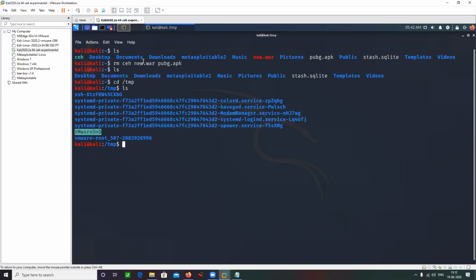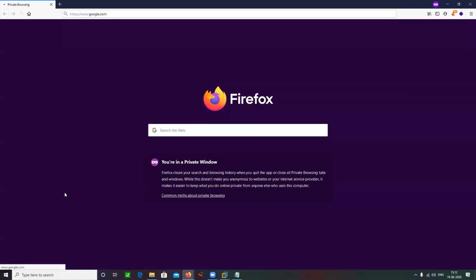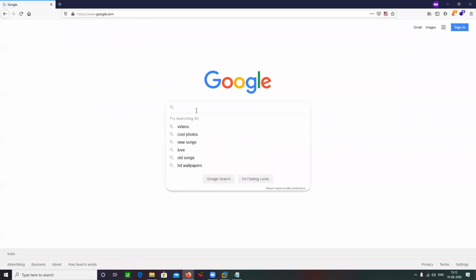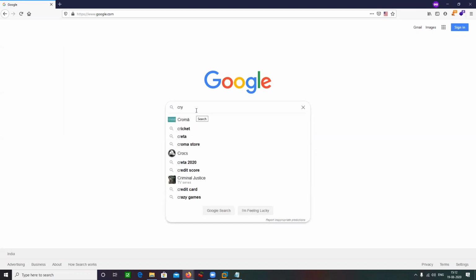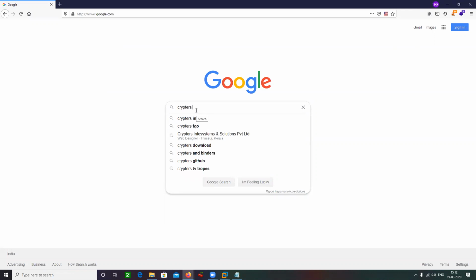So there are various ways for binding your payload with a legitimate-looking application. One way is through some cryptors and binders. There are certain cryptors and binders out there which can be used in your Windows-based operating system. Let me show you cryptors and binders.